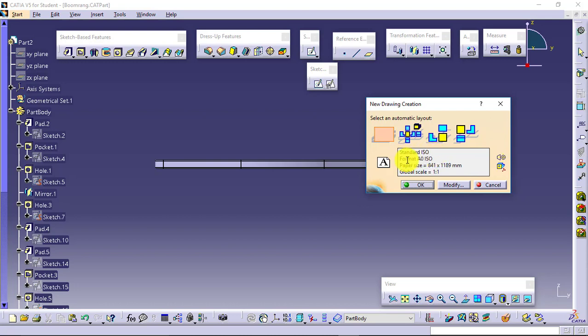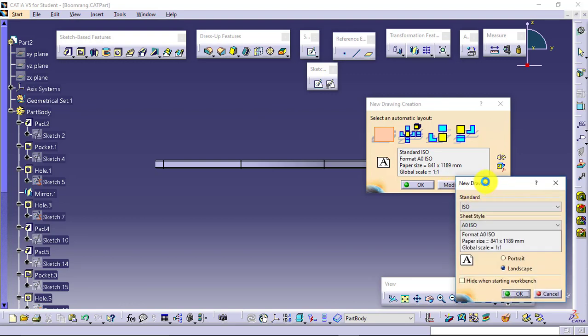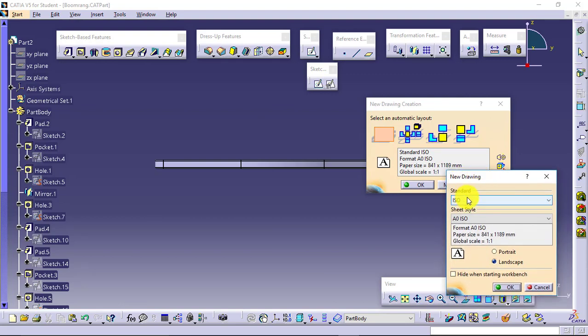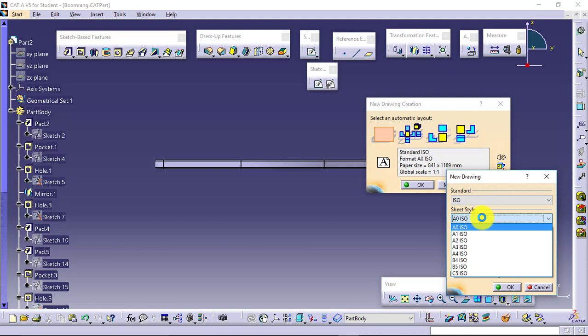Then next we have the standards and sheet size. I'll go for modification. So in the new drawing, what standard I want to follow, this standard will actually decide the units. And then what will be the sheet size. Our first requirement when we go for the drafting is sheet size.